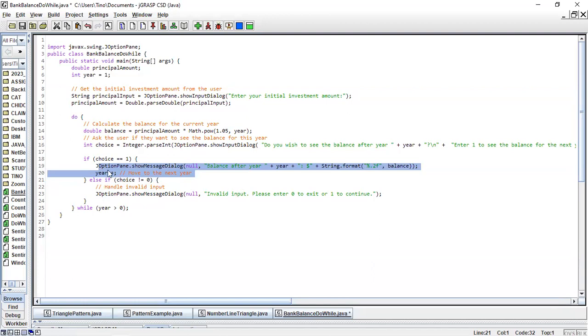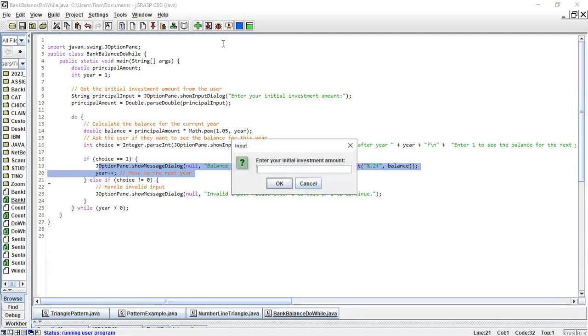Then after the if statement, we now do the while year, right? Our year is 1, is greater than 0. It continues to iterate to go to the next year. Our year is 1. It goes to another year, 2. Then it goes again. If you press 1, right, it repeatedly does the same thing. So let's try to run this to see if we have any problem.